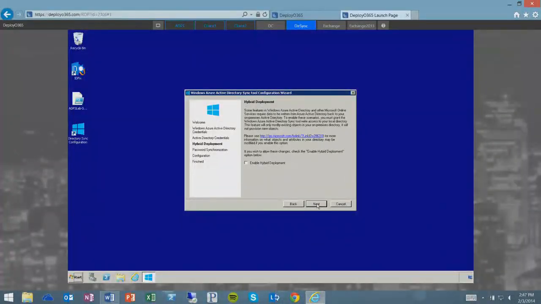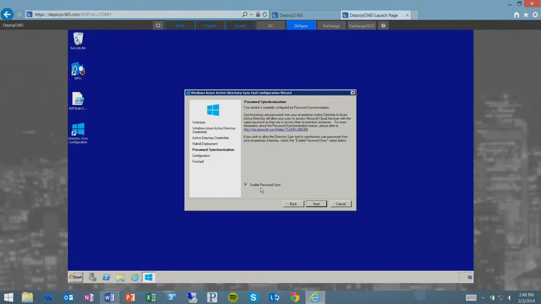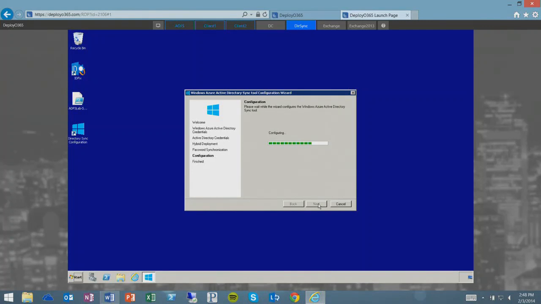And when you think of how simple this is, it knows I have an Exchange 2010 SP3 server or above in my environment because it checked that. And if I wanted to do hybrid, I literally select the hybrid deployment, and it starts putting in the information for that. And here is the magic, password sync. Do I want to use password sync? Yes. It's built into all of the DirSync process. I can simply enable or disable it directly from here. And that's the magic of all of that identity stuff that I just talked about happening directly from the server.